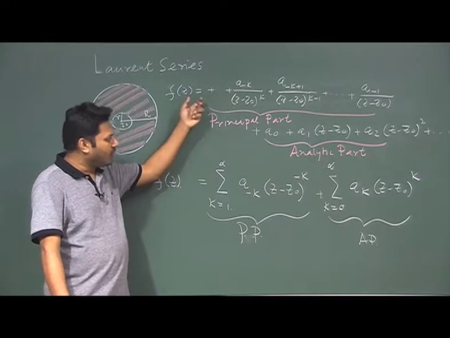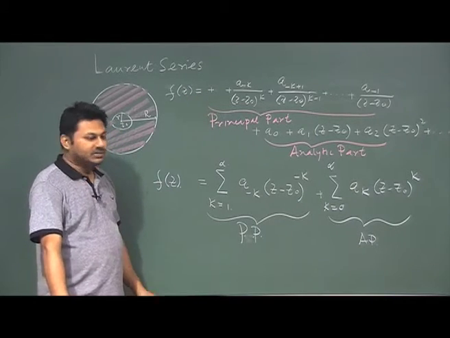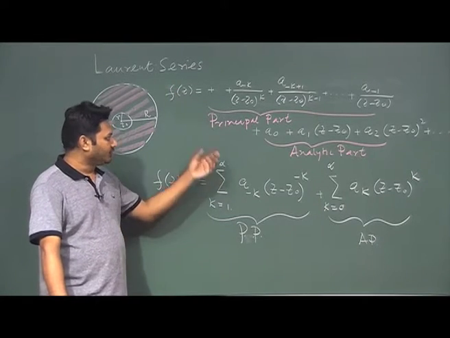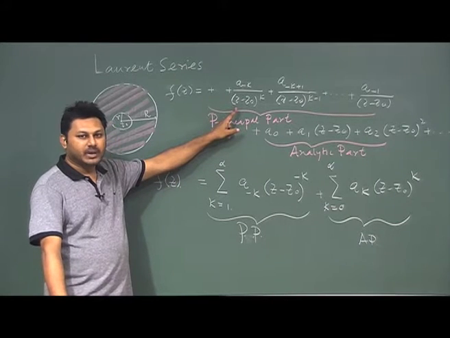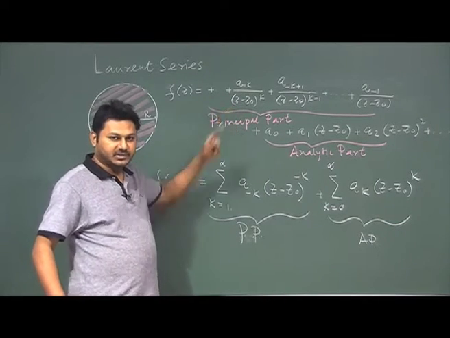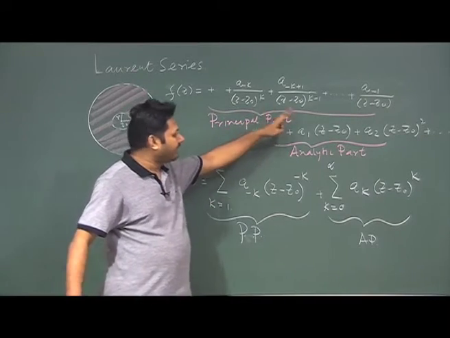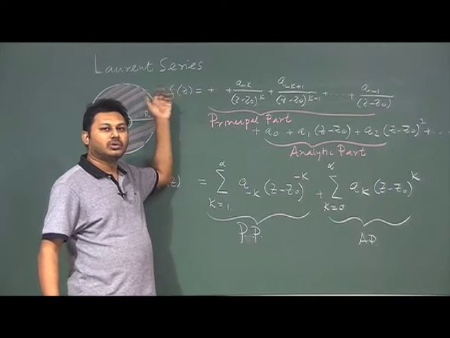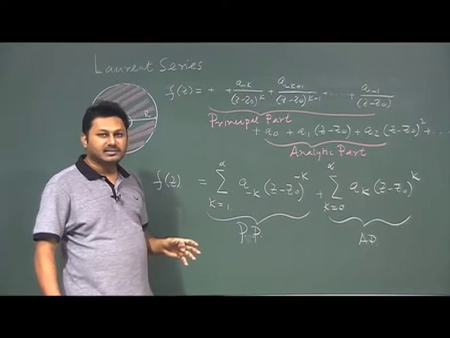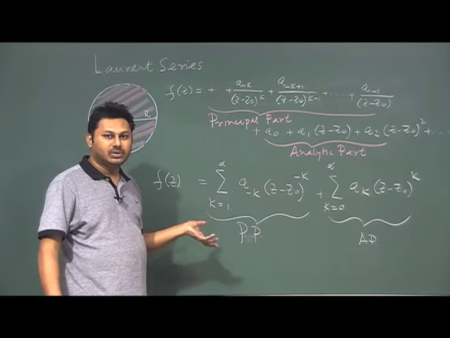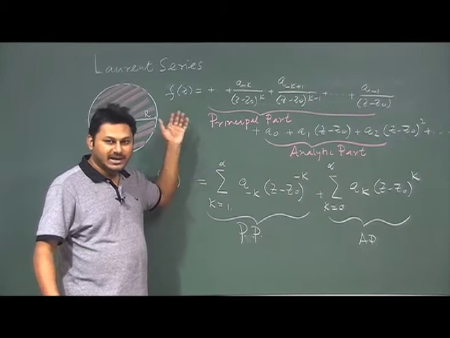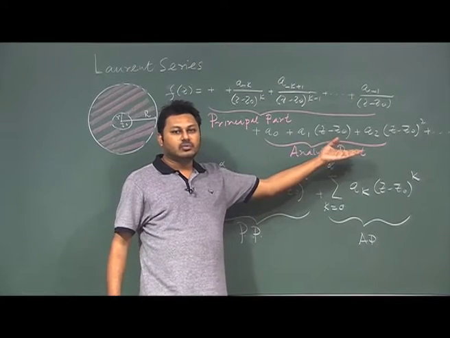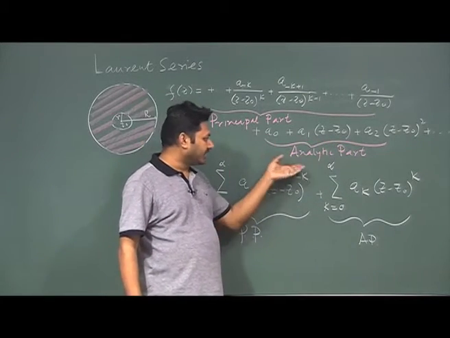Again we will go back to that and try to find out, in the light of this Laurent series expansion, what is the meaning of singularity. You should note that at z = z0 it should have some kind of isolated singularity, that is the first case. Second, it may have some kind of order. For example, here we have infinite order. If this series goes on in this side, then we have an essential singularity, which we have discussed. Today we will discuss all these in the light of Laurent series. This portion which is analytic has no problem at all at z = z0, that is why it is called the analytic part.